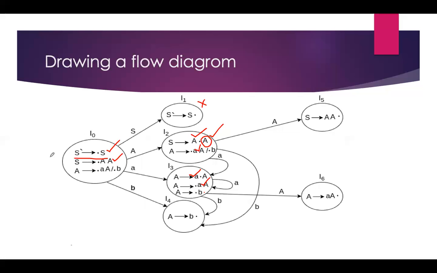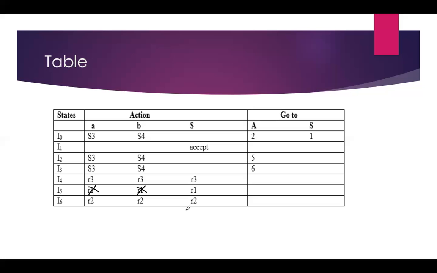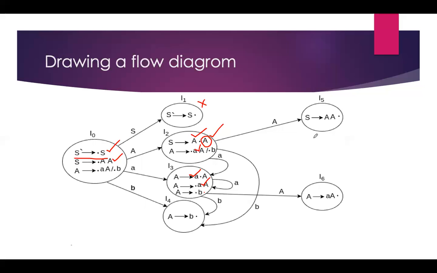Check it. This is the I0 state, in the variable, that is terminal b, we are moving to I4 state. So I0 terminal b, we are moving to I4. Instead of I4, we need to write S4. Why we need to write, I will explain later. It is a shift operation. So the I0 state is completely filled. Under a, S3, under b, S4, under capital A, it is a 2, under capital S, it is a 1.